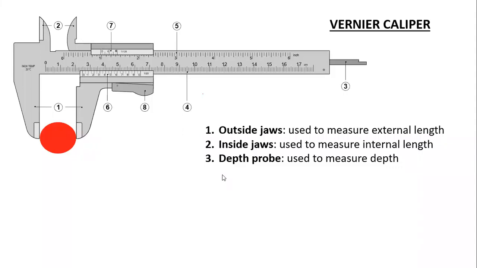Is it clear? So we have outside jaws, we have inside jaws. I will try to make a diagram for the inside jaws. We can have some type of structure like this, with the cylinder. Now I think it will be a bit easy to understand. Your inside jaws are placed inside the cylinder, and the two sharp edges are touching the inner sides. Ayush, did you understand the diagram? Is the diagram clear? Should I move further? Okay, fine.